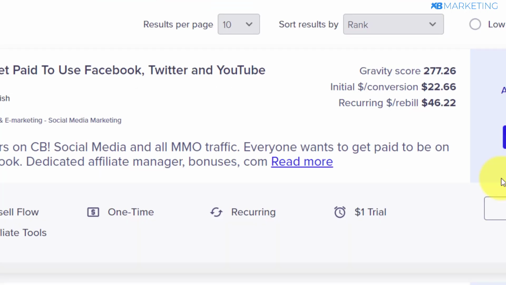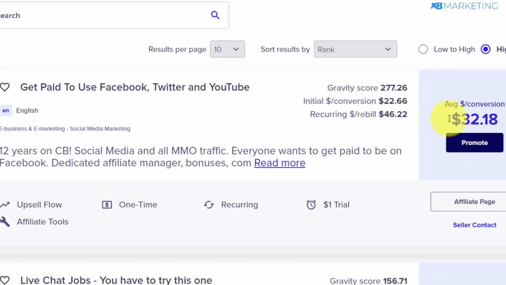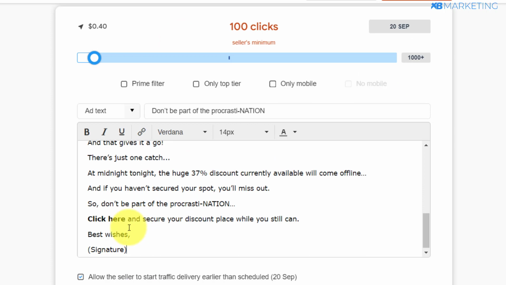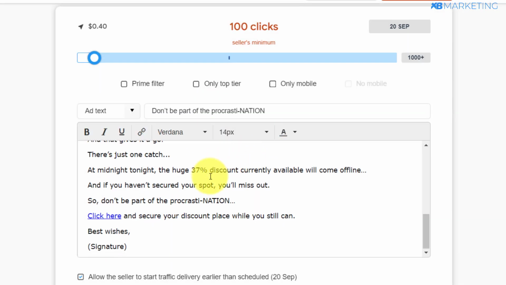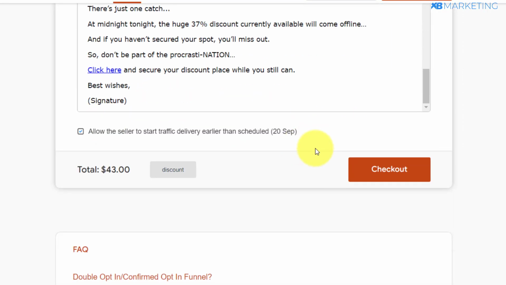So the final thing you are going to do is to copy your affiliate link right here. Once you copy the affiliate link, you want to highlight this right here. Once you highlight this, you want to click on this link button right here, and you want to paste in your affiliate link right here, and click on OK. Once you do this, all you just need to do is click on checkout right here, and you will